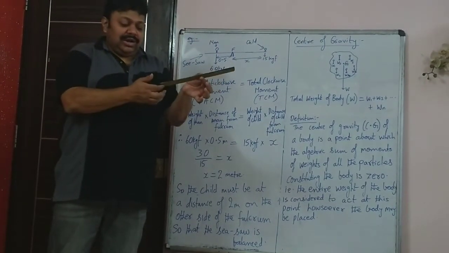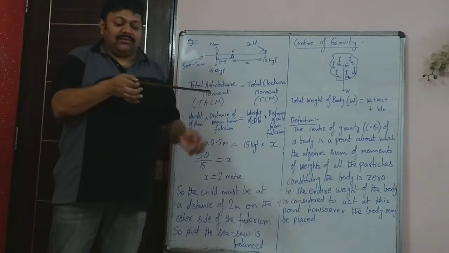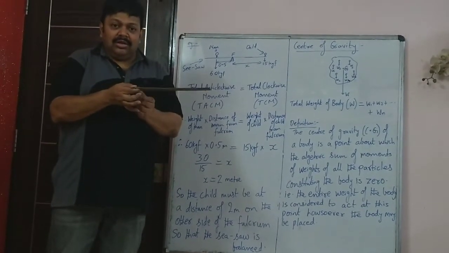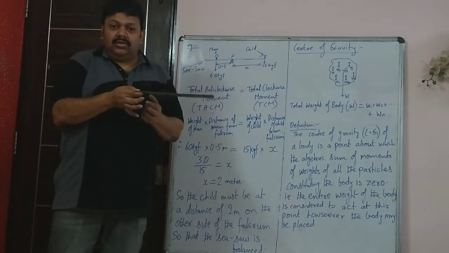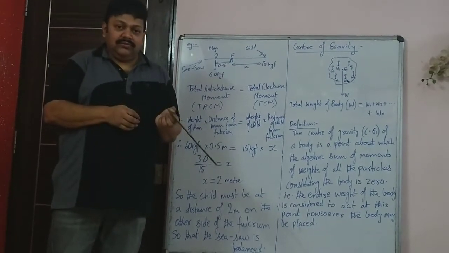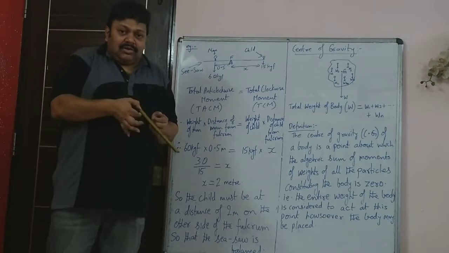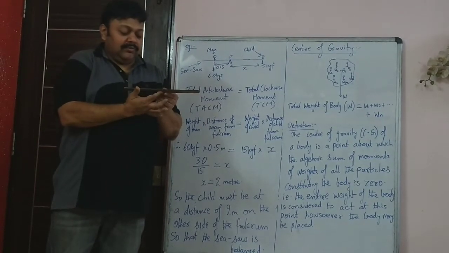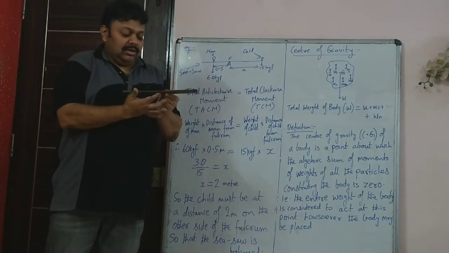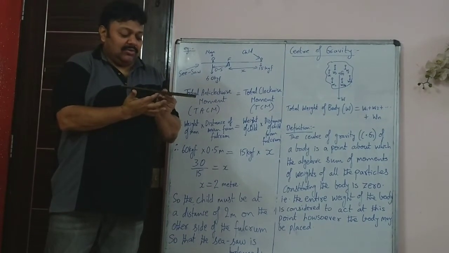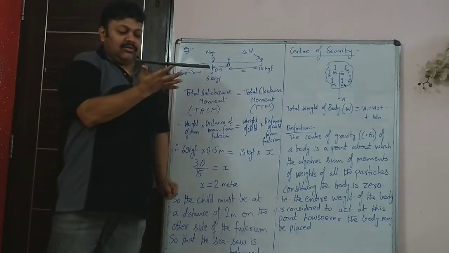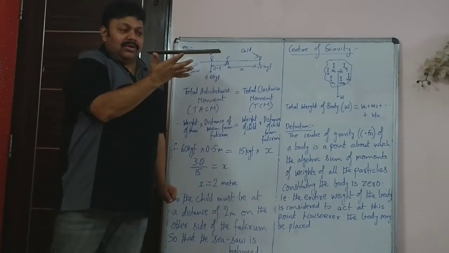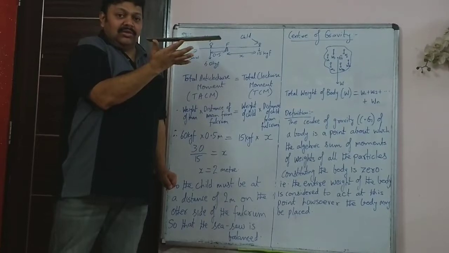Now if you try to hold your finger at one point here, one point, that means the upper finger is not there. Will you be able to balance it? No, it will fall down. If you try to balance it here also, it will fall down. But there will be a point at the center where the sum of the anti-clockwise movements and the clockwise movements would be same. So the one finger at the bottom is able to balance the ruler.